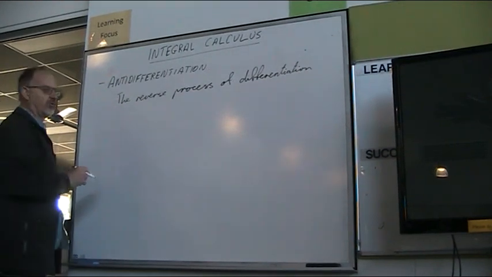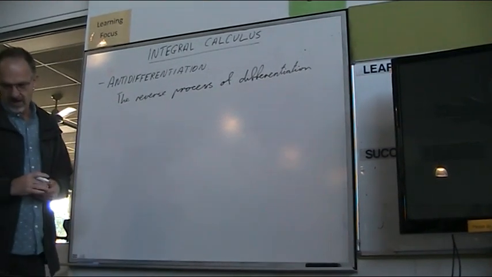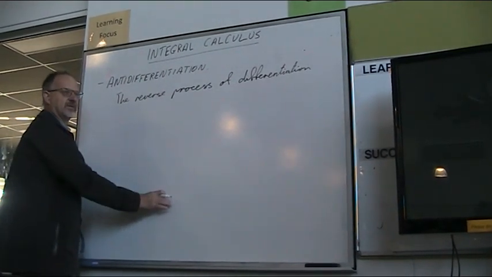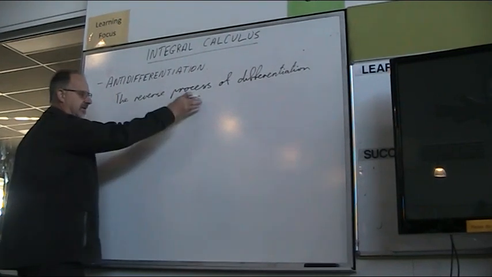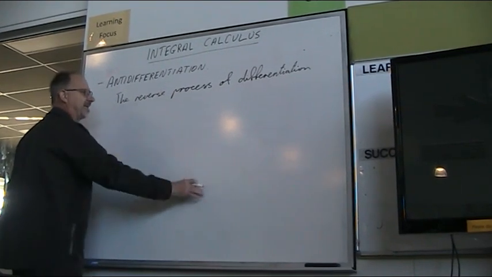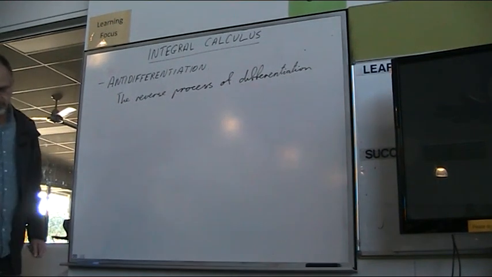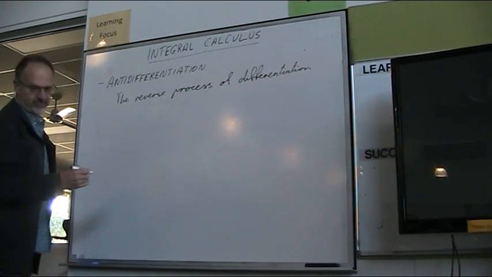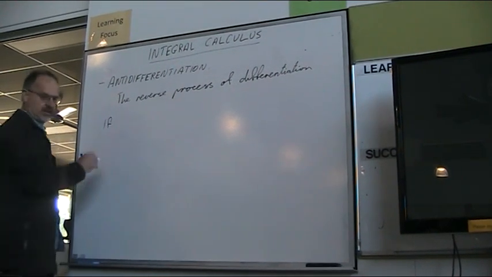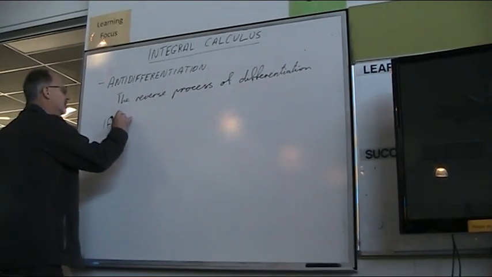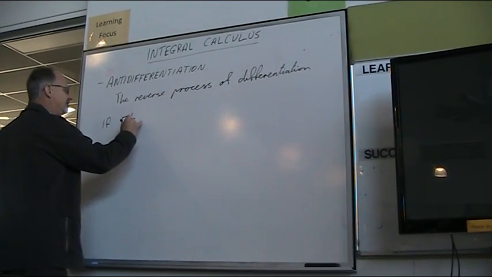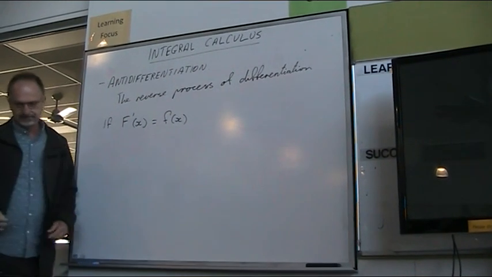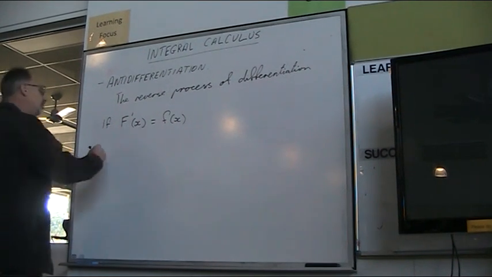And of course, on your formula sheet, the common ones are on the formula sheet. So there's two columns. One column is the derivative, and then this column is the antiderivative of your common ones. Okay, so a mathematical way of writing this is if big F dashed x is equal to some other function which I'll call little f, then,